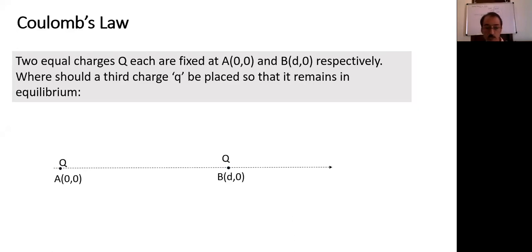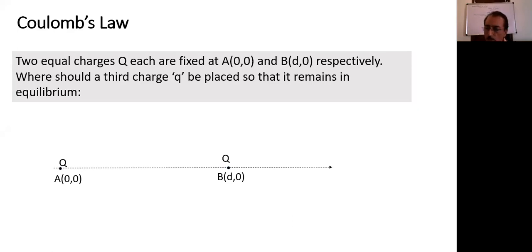Sir, we have to mention even the magnitude of charge Q. Actually, it will not depend on the magnitude of small q. D by 2. Very good. It has to be placed at D by 2, and it doesn't matter what the charge is. Right answer is D by 2. But sometimes we think of only one option and get the right answer. But also think through logically.